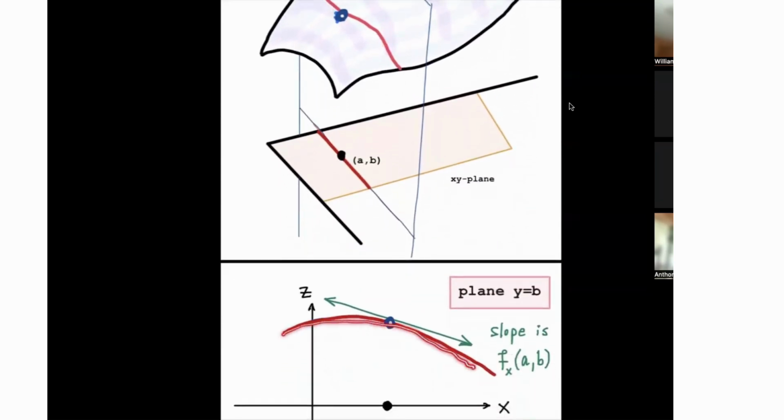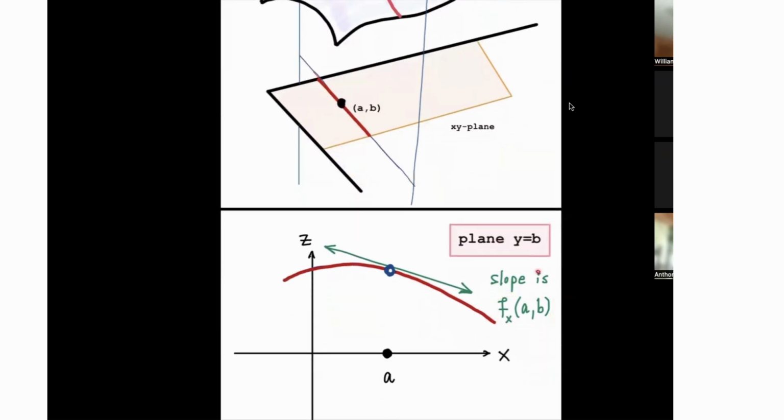And going back to Calc 1, the change along this curve, this slope, is going to be equal to the partial derivative with respect to x at the point AB. So whatever the slope is,